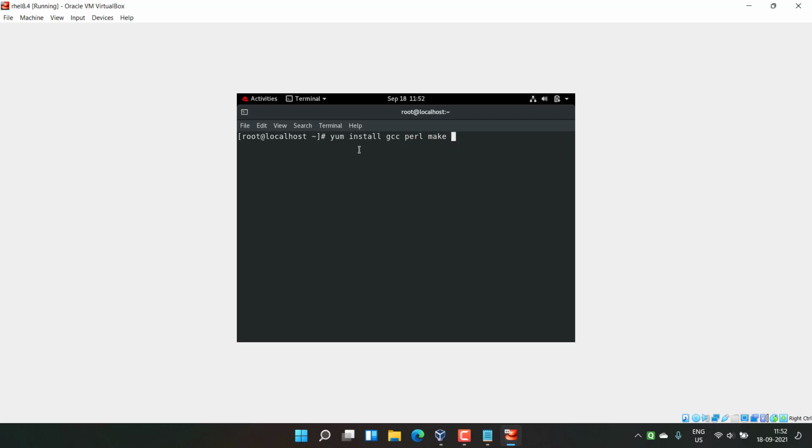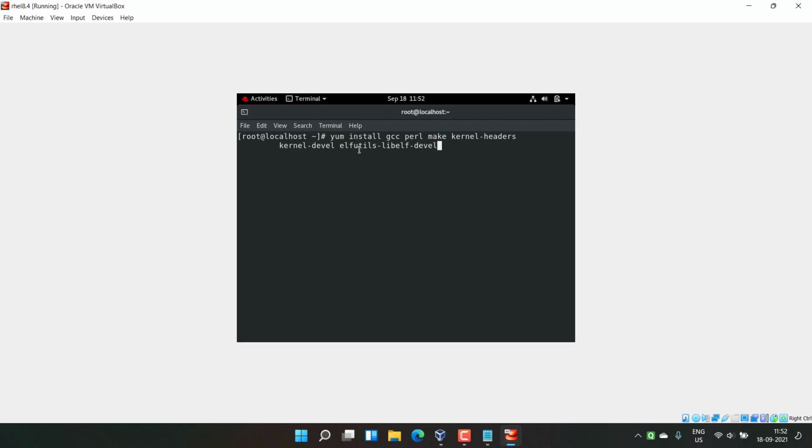We have two more dependencies, that is kernel-headers, and another is kernel-devel. So let me give some space here so that I can show you. Yeah. So kernel-devel. So yum install gcc, perl, make, kernel-headers, kernel-devel, and the last software name is elfutils-libelf-devel.